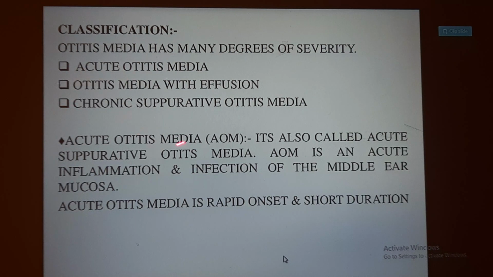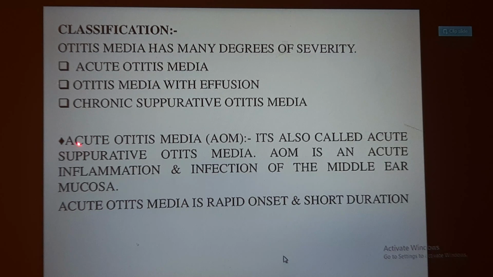In acute otitis media, there is inflammation in the middle ear due to an infection. It will be there for only a few days, not more, but there will be severe pain. In otitis media with effusion, the word effusion means build-up of fluid. There will be more fluid presence and discharge of it. The last one is chronic suppurative otitis media. The word suppurative means there is a pus collection. When there is a presence of pus, we call it suppurative otitis media.